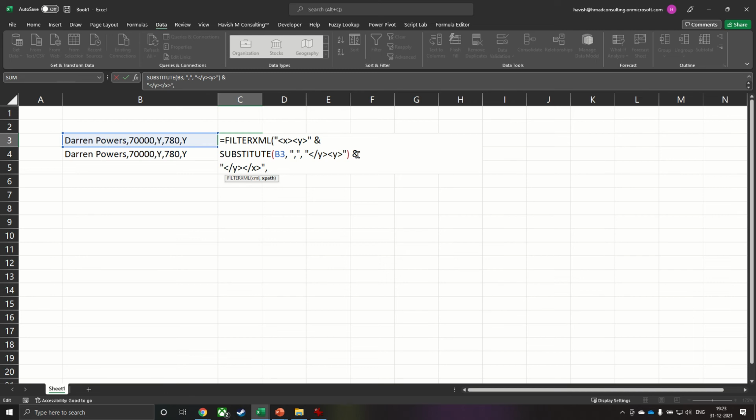And finally we have to put the XPath. So this is my XML which we have created, and I want to query my XML using the XPath. And in the XPath we want to write a double slash with a Y, and when you press enter,